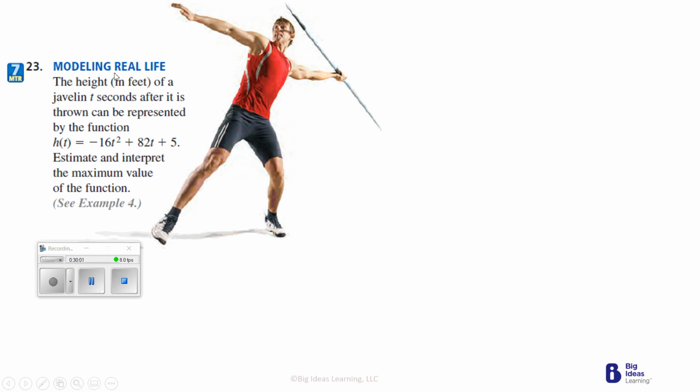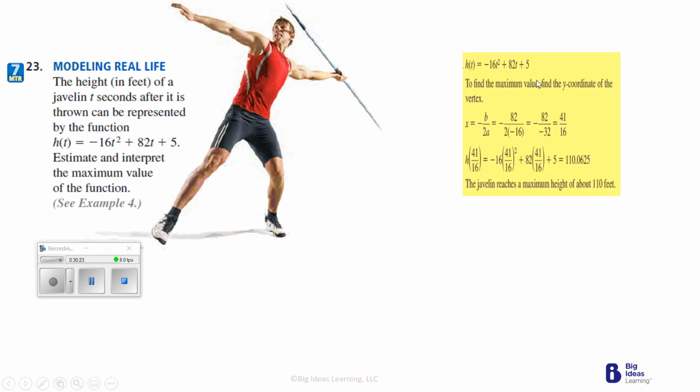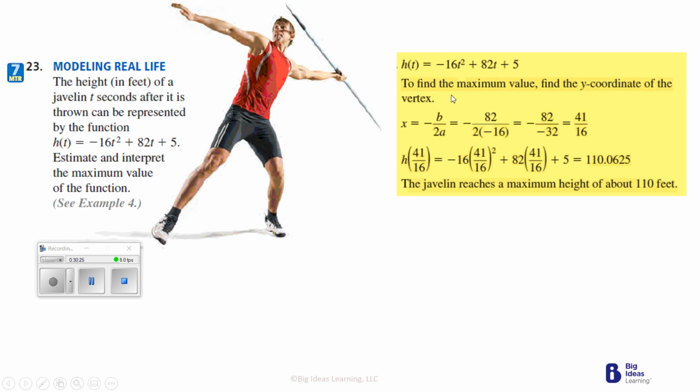It says modeling real life, the height in feet of a javelin t seconds after it's thrown can be represented by the function negative 16t squared plus 82t plus 5. Estimate and interpret the maximum value of the function. Well, we know there's a maximum because this is a negative sign. We know this arc's going to go like this, with a maximum value. When we plug this into our formula, we realize we're going to get, let's see,